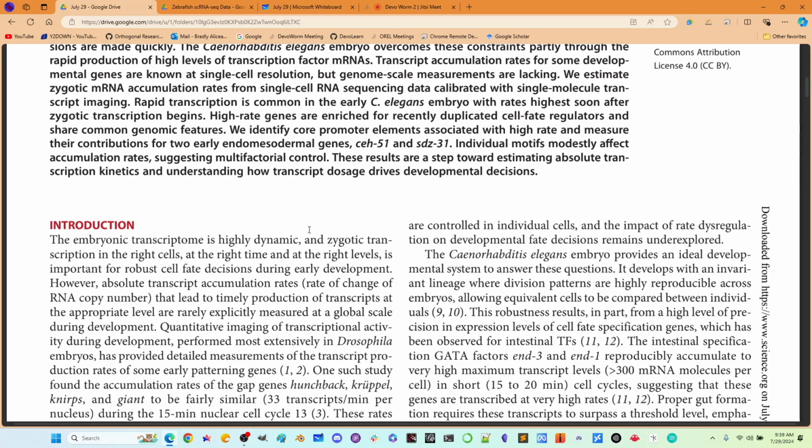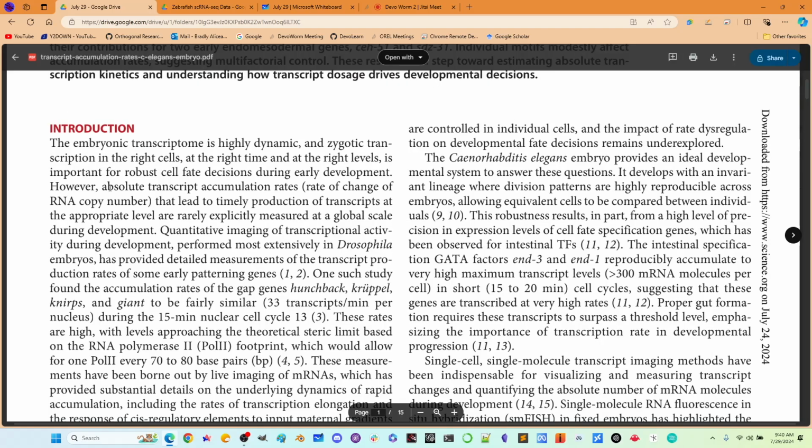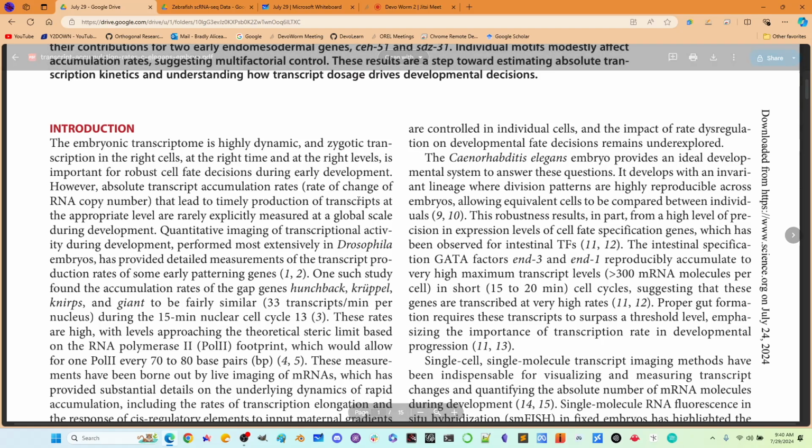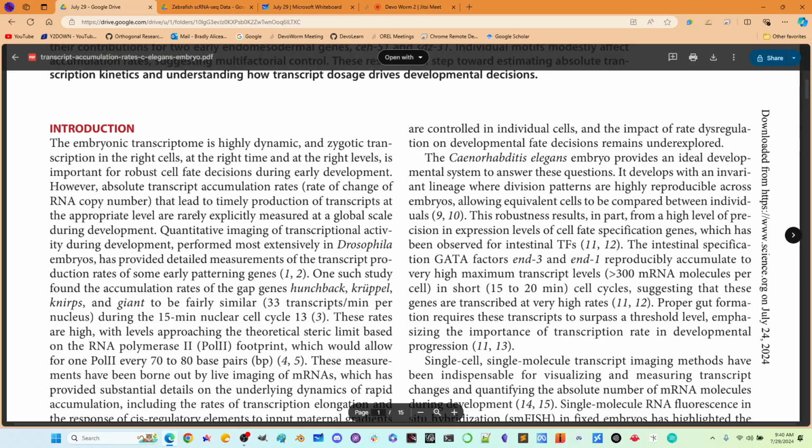I can also say that in mRNA decay experiments, we can actually force the cell to sort of adapt to its environment, so we can do certain things to the cell before we shut off the transcriptional machinery, and it shows an accumulation of mRNA way over baseline, and then you get this decay. So there are a lot of things going on in the transcriptome and in this cytoplasmic complement. They kind of make the point here that absolute transcript accumulation rates, or the rate of change of RNA copy number that has led to a timely production of transcripts at the appropriate level, are rarely explicitly measured at a